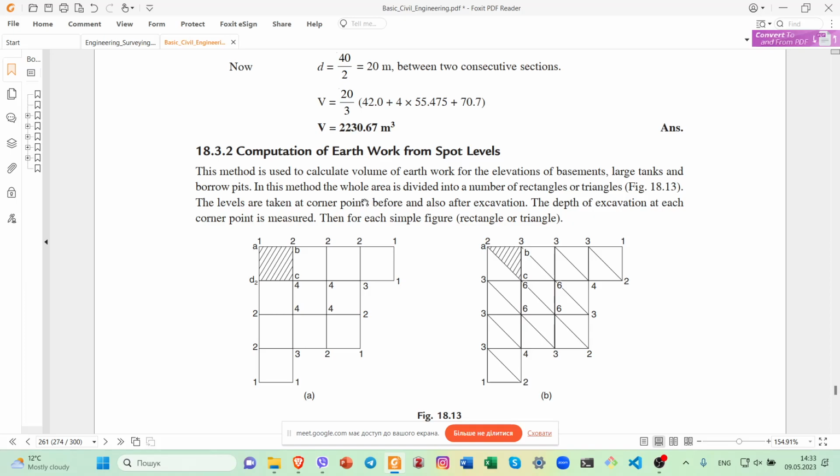The levels are taken at corner points before and also after excavation. The depth of excavation at each corner point is measured. Then for each simple feature, rectangle or triangle,